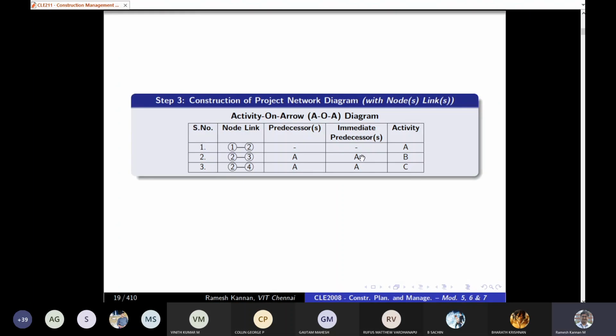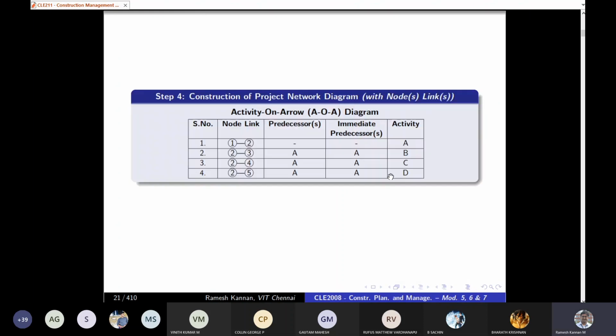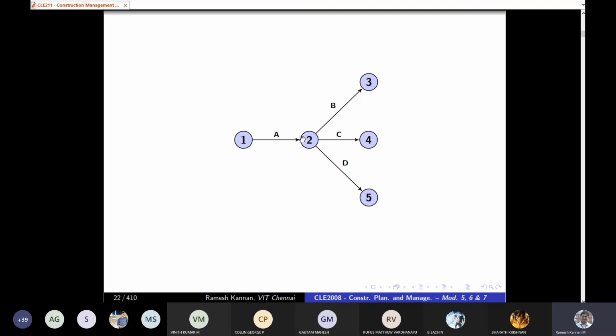And in the same way C also depends on A. So at this point I have 2 to 4 as C, and D is 2 to 5. Remember, as I told you in the activity on arrow and node example, I have made it initially like this. It's trial and error. If C has a problem connecting, I'll move C down and D above, and if D has a problem, I can move C or D above so that I can manipulate this, and there is absolutely no problem. Since the logic is that it should follow A, that's it. If you can't construct it, then you can finish the project, right? As simple as that.